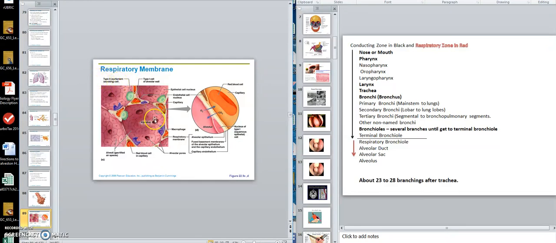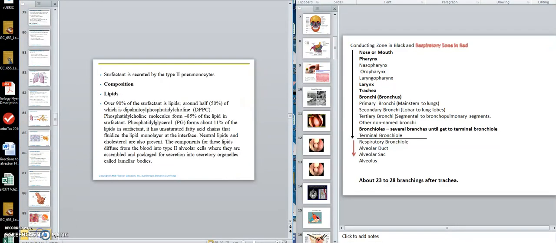Then type 3 are called dust cells or alveolar macrophages, because they try to eat up debris, because remember epithelial cells regenerate a lot. So I need to get rid of these and anything else, and that's those type 3. But the type 2 produce something called surfactant. So we're going to talk on that in a moment, but I want to go to something else. So we're going to talk on this surfactant. All right. But before we do that,